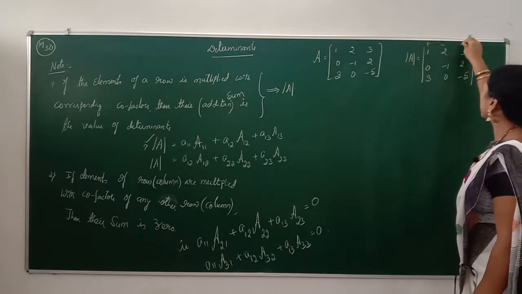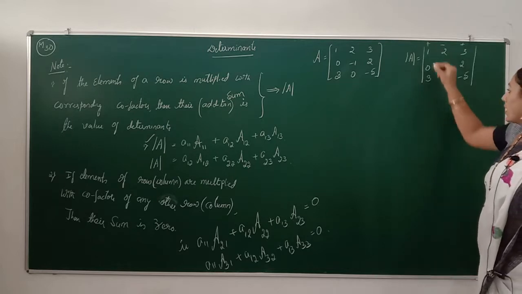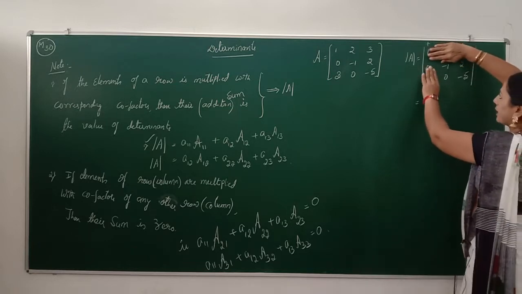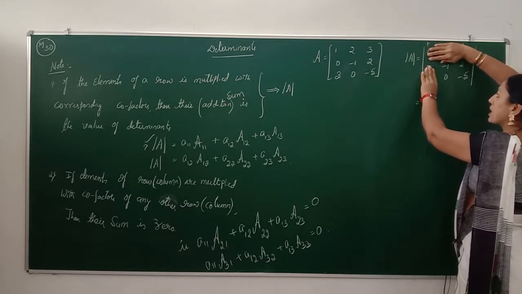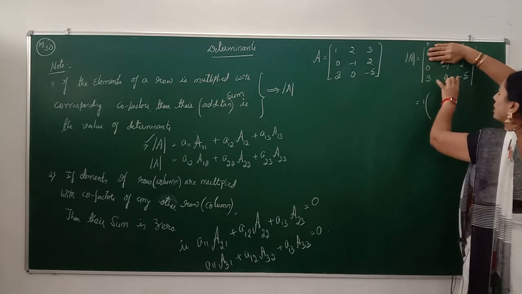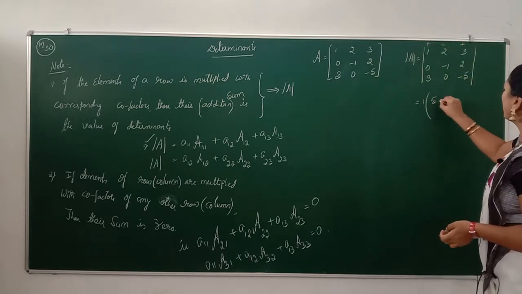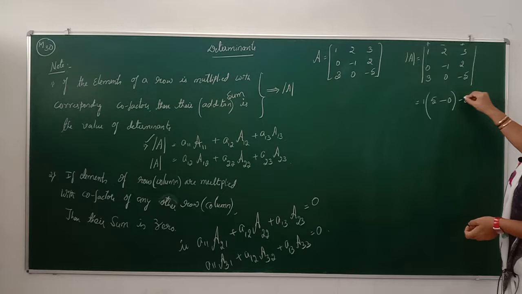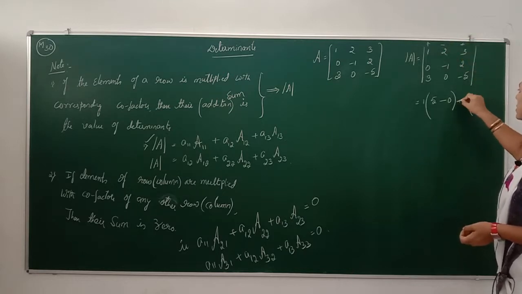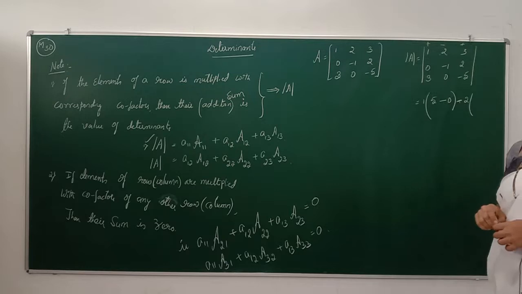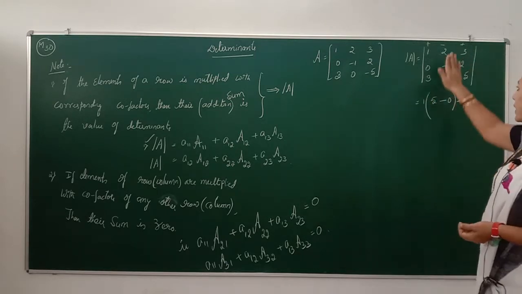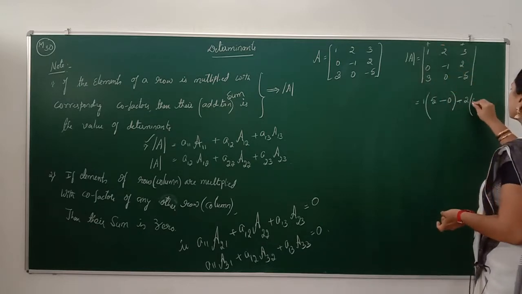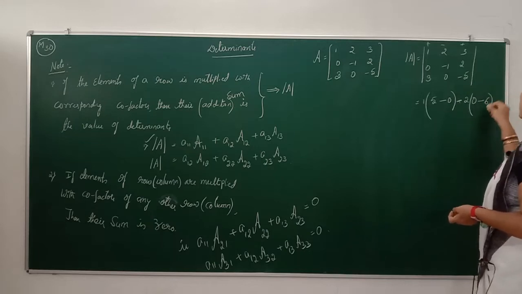First we put the alternating signs along the first row. 1 is an element of the first row, first column; these elements are neglected and the remaining elements are cross multiplied. Minus 1 into minus 5 is plus 5, minus the right diagonal 0 is 0. Similarly, the second element has sign minus: 2 is an element of the first row, second column, and again these are neglected. The remaining are cross multiplied: 0 into minus 5 is 0, minus 3 into 2 is 6.